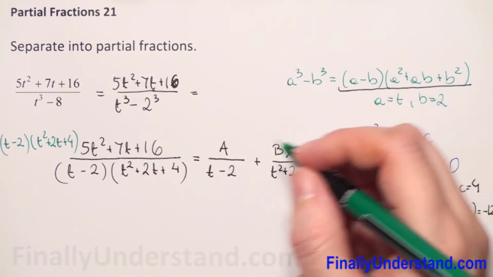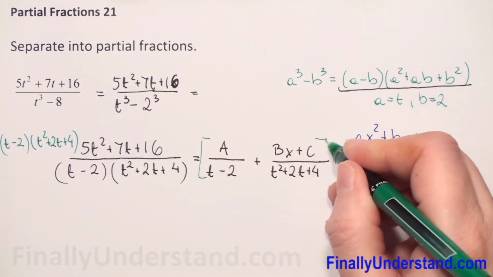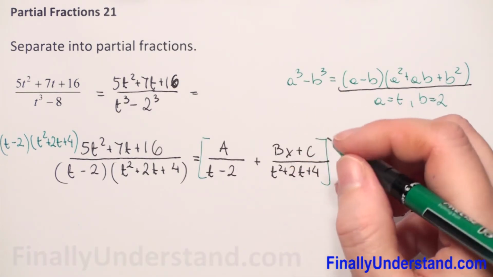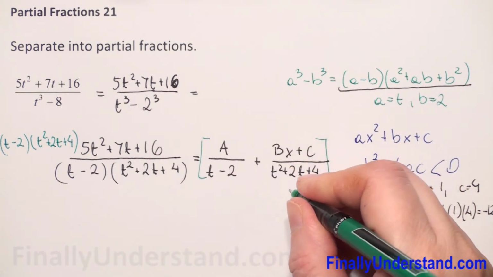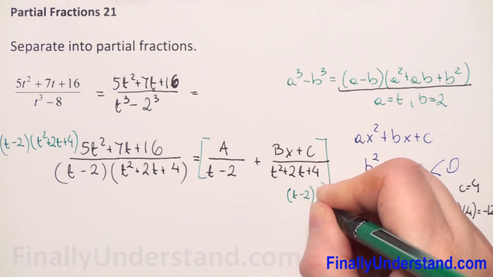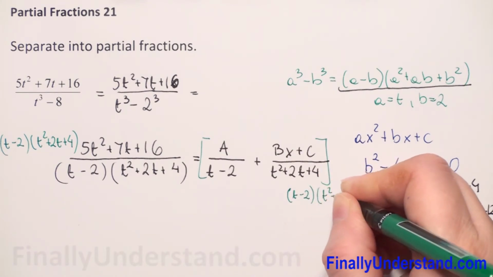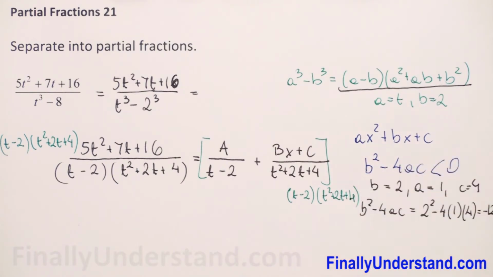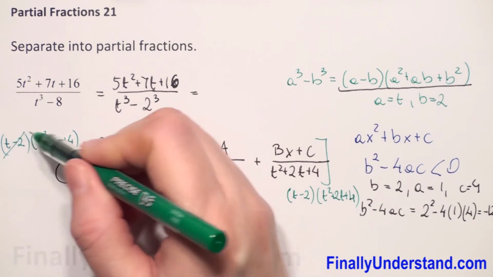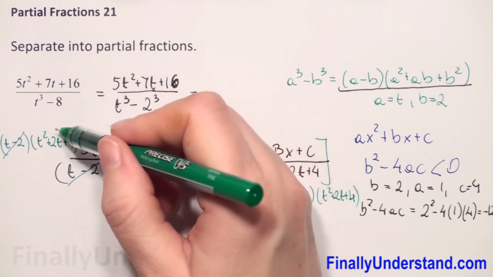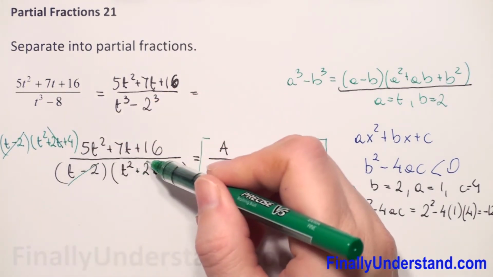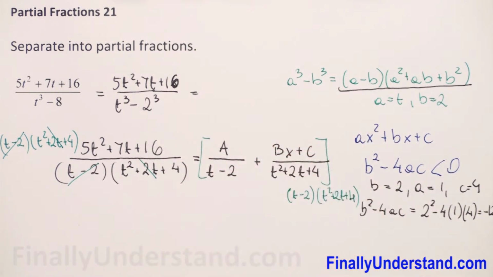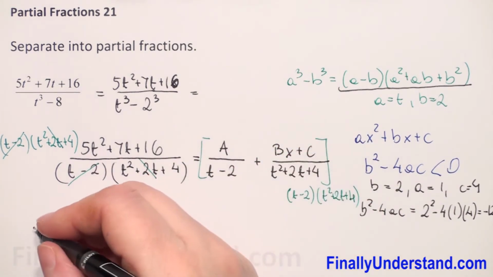And on the right side we have to multiply also by t minus 2 and t squared plus 2t plus 4. So now we see that on the left side t minus 2 and t squared plus 2t plus 4 we can reduce, and on the left side we will have only